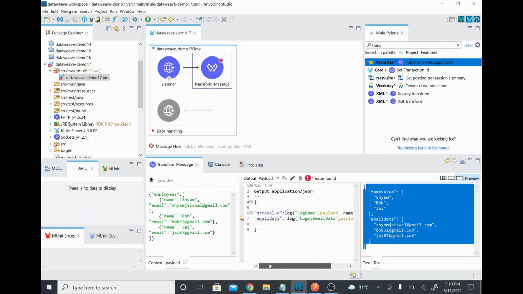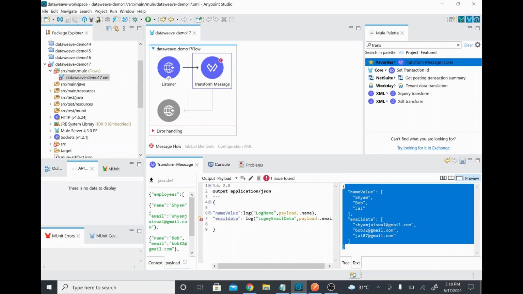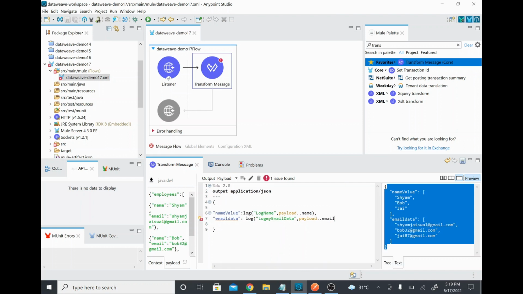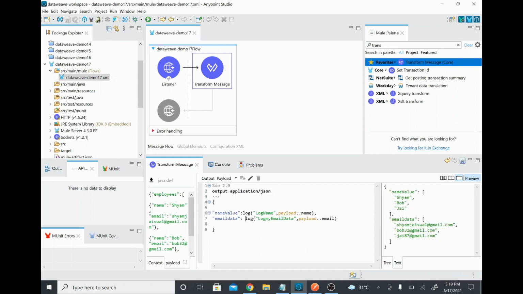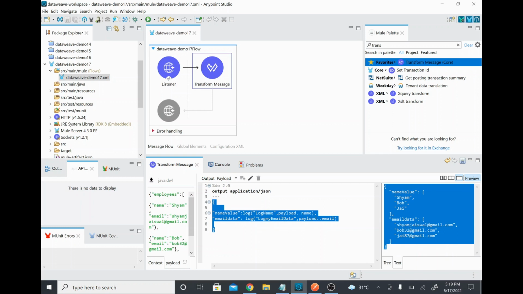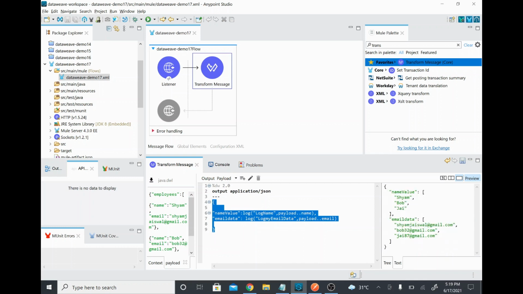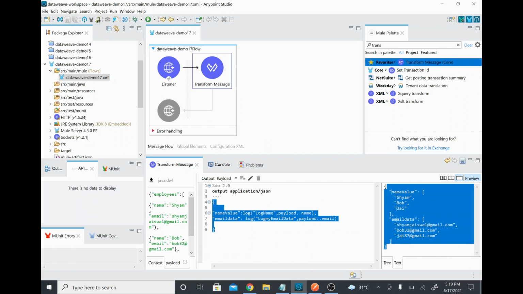And here what is the error it's coming? Email data and log email data. I closed the double quotes, but here there is no closing parenthesis, it's ending, so that's a mistake. I'll close that as well. So log has two arguments: one is the message you want to print, and the second one is the actual value. So this is the output of your DataWeave coding as well. In the output you will still have this output, but the only thing is we are adding a log which will log this data in your console or in your server log.